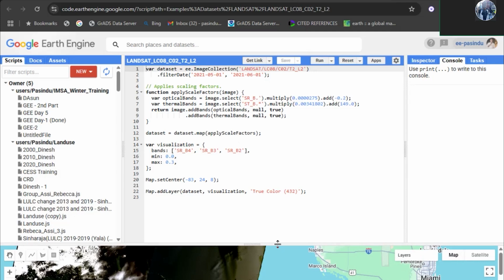So we call the bands, and there are two variables opened: optical band and thermal band. So in here we use the thermal band and optical band. This one is the blue. This one you can check by going into the